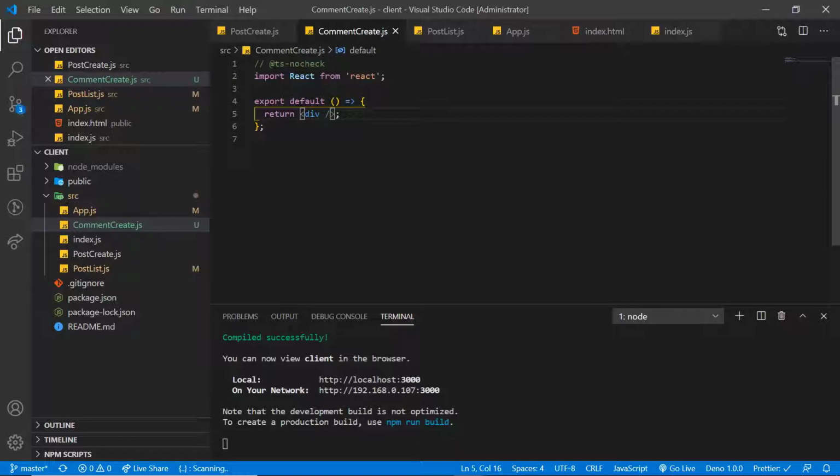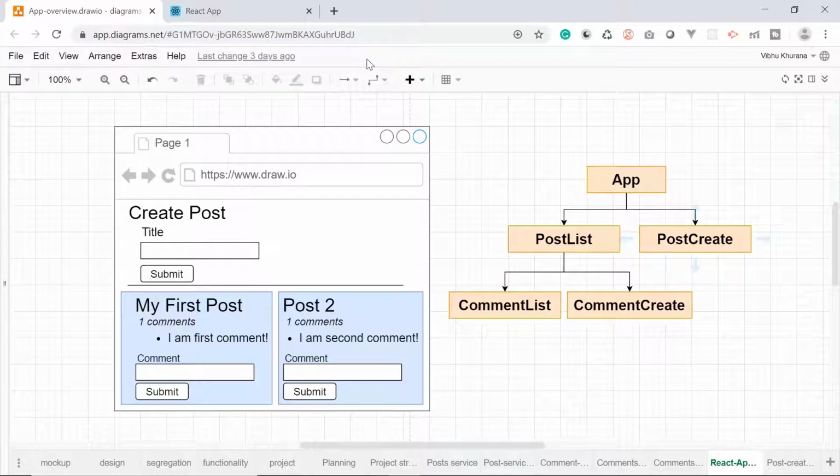Now, let's understand what we want to achieve with the comment create component. So let's switch to the high level component architecture. This is the form that we are going to create in this component. It is going to be a form in which the user can enter any content and hit the submit button.